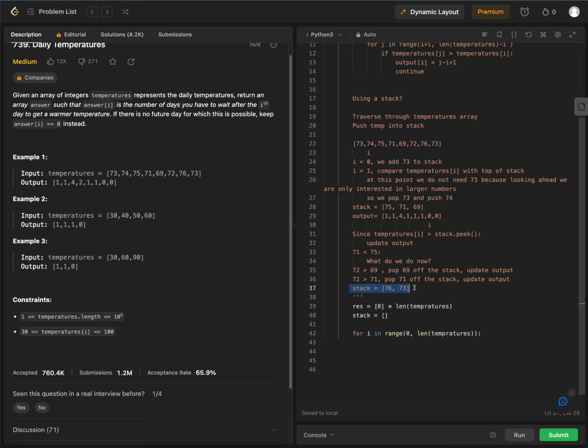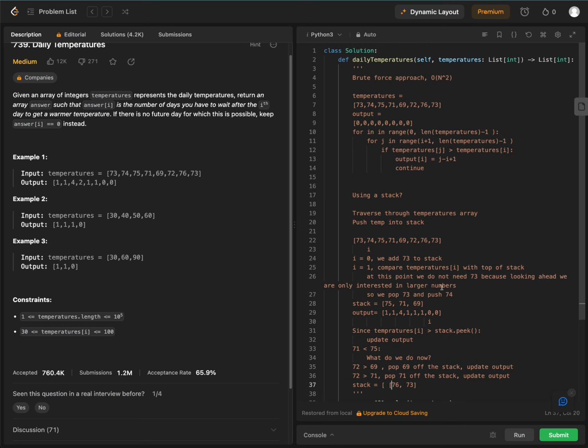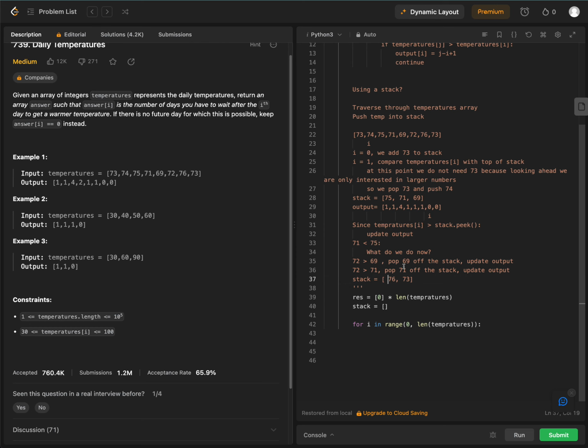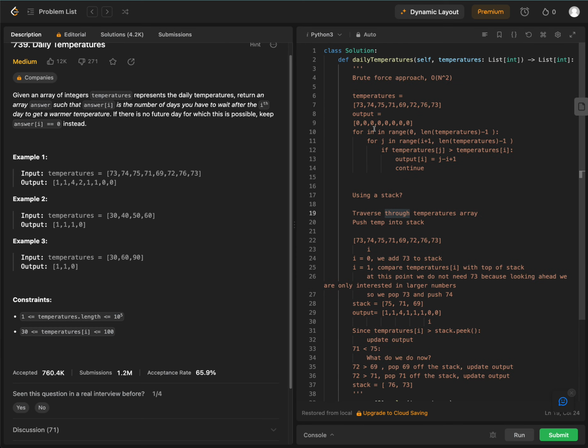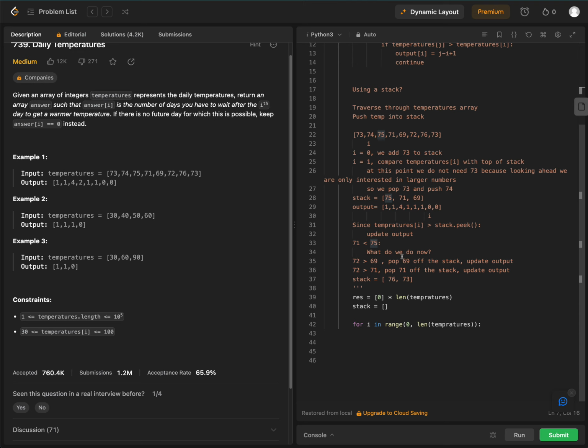So we need to find a proper data structure to store within the stack instead of just the numbers themselves. So how about enqueuing both the index and the number, right? So here, instead of enqueuing 76, we can enqueue both the index and the value. So 0 and